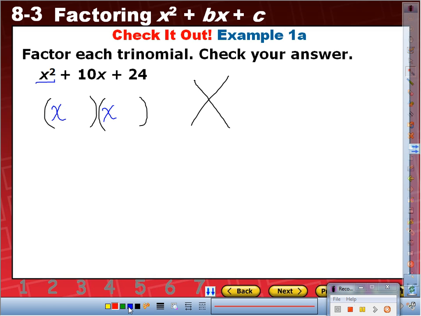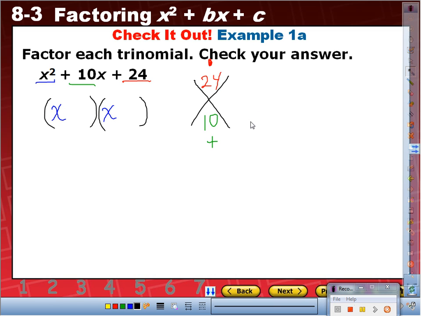Here we go. Middle term. Middle term goes underneath. That's 10, and that's a sum. Last term goes on top, and that is a product. So now, I'm not going to list the factors of 24, but I want you to